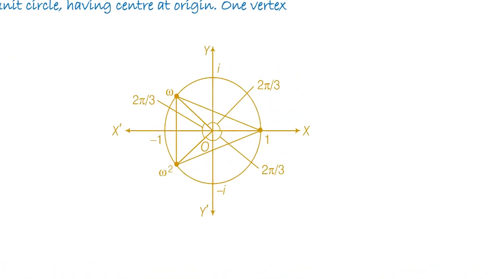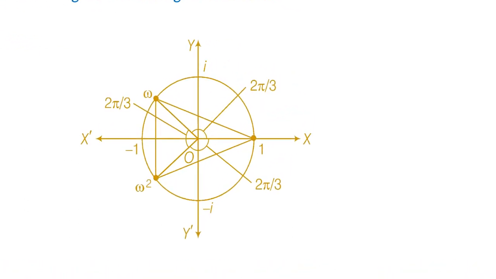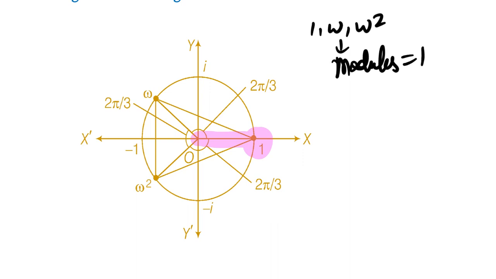Look at this value, look at this graph. We are saying the number 1 we are talking about is over here. Then the cube roots of unity, the modulus of all of 1, omega and omega square, the modulus of these numbers is equal to 1. It means they will lie on the unit circle, and the angles they form